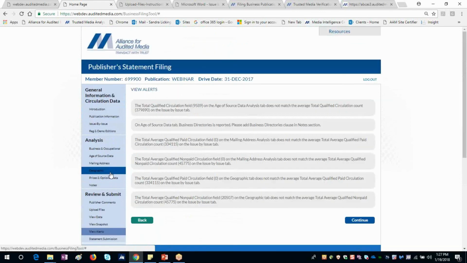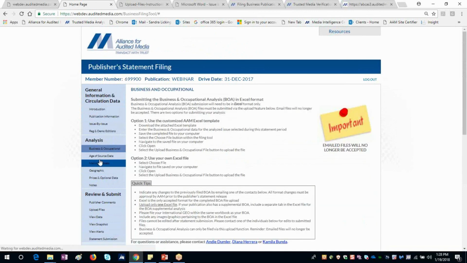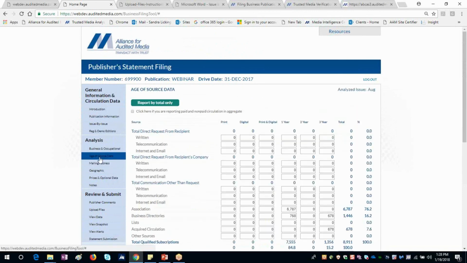So those are the major changes that have occurred with the filing center. With these enhancements, we've worked hard to make sure that your filing process has been made easier for you, and we've provided a lot of upfront features. I really think you're going to like it a lot.